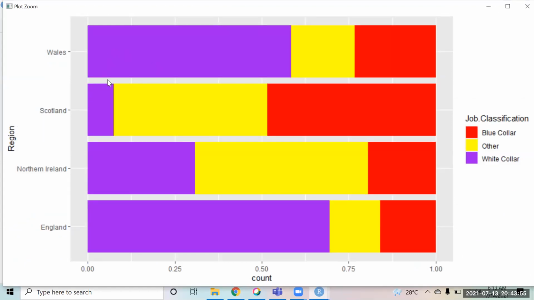So now the output comes in the form of percentage, that in Wales, around 60% of people were doing a white collar job. This percentage of people were doing others, and these are blue collars. So it's a 100% chart that we feel.